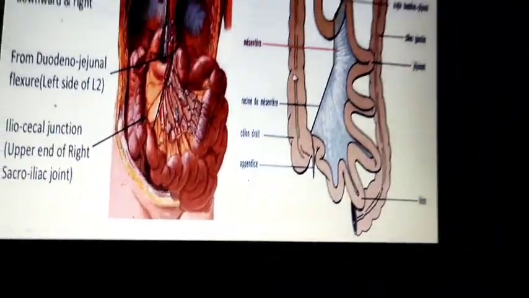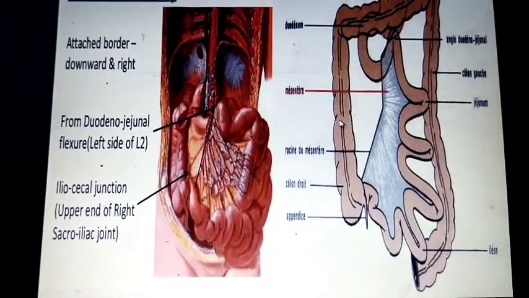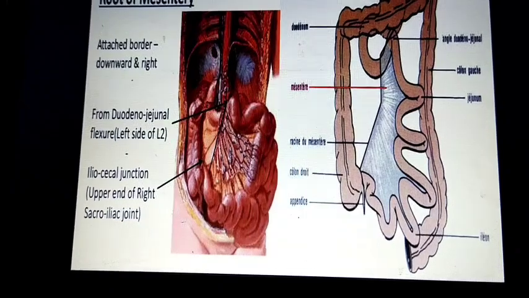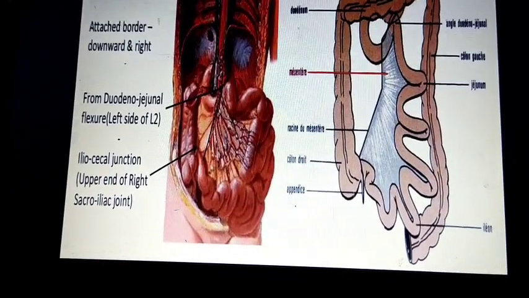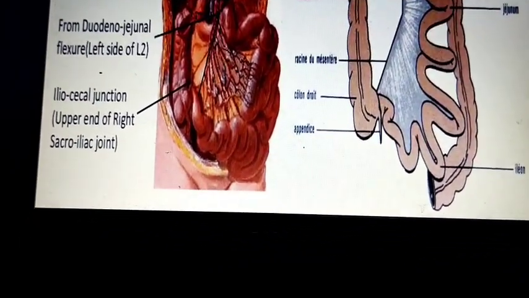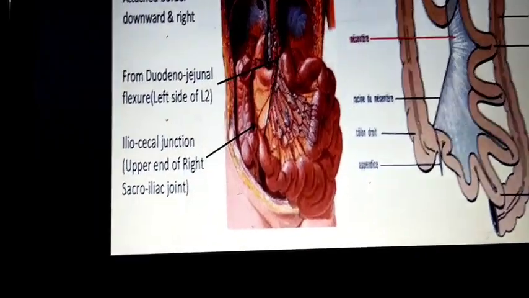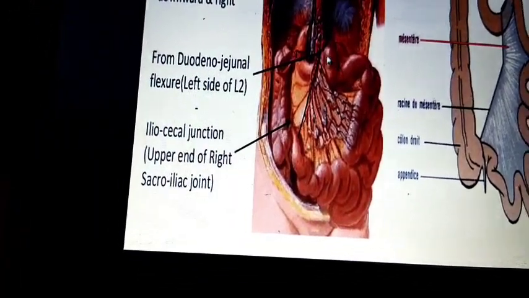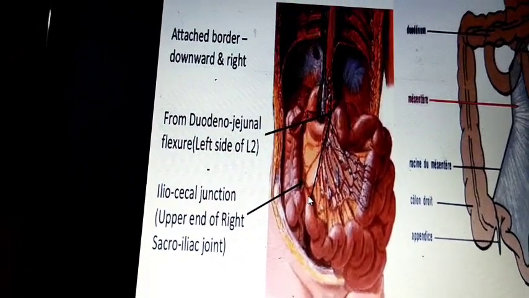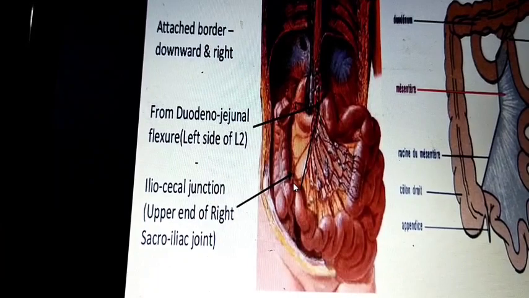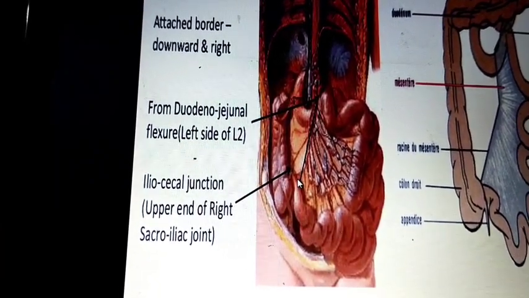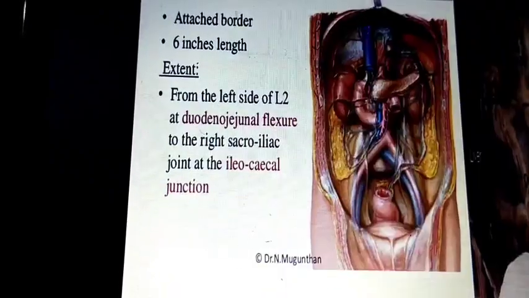It is the attached border and runs downwards towards the right side, from the duodenojejunal flexure at the level of L2 and ending at the ileocecal junction at the upper end of the right sacroiliac joint.